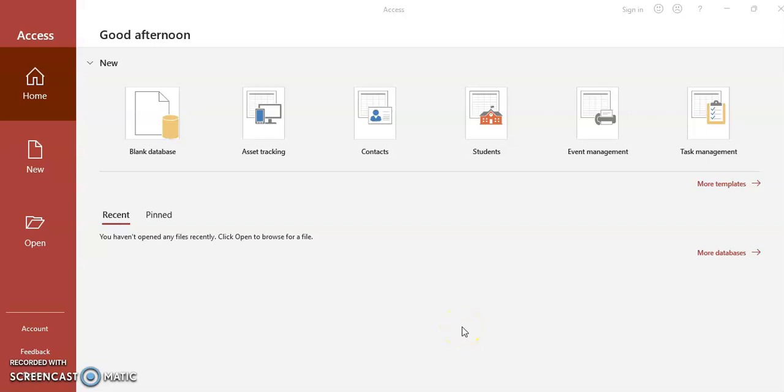Creating a new blank database in Access, creating a new table, and using the Lookup wizard. Access does not create a new database when you open the application. Instead, Access opens to the Backstage view, where you can select an existing database or open or begin a new one. So today we're going to create a new blank database,